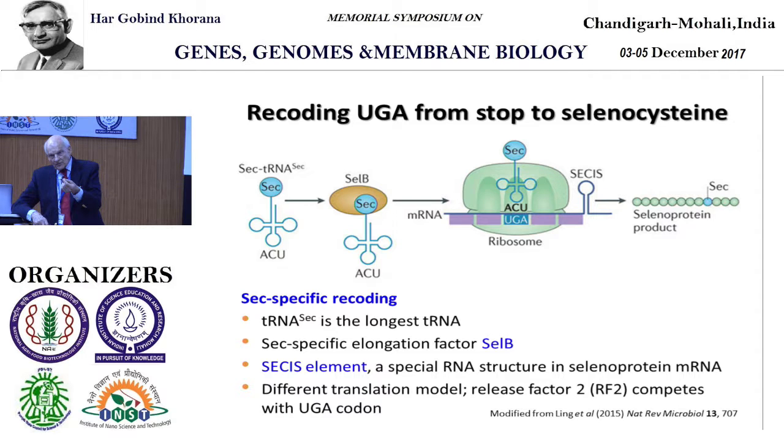Furthermore, incorporation is not competed for by elongation, and also by release factor 1, but by release factor 2. Therefore, a very different model of protein synthesis is happening. And this new elongation factor, SelB, is required because tRNA-Sec is the longest tRNA, with up to 9 base pairs in the acceptor stem. And there is furthermore an RNA element, at least in bacteria, that is immediately adjacent to UGA.